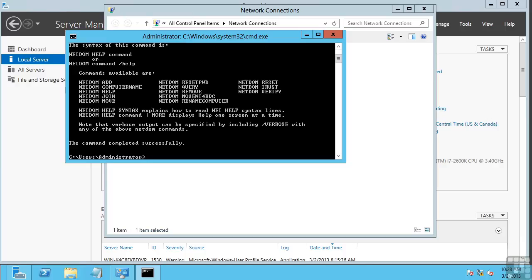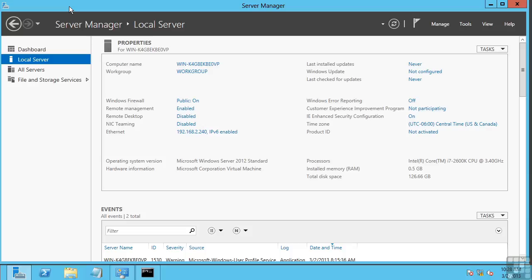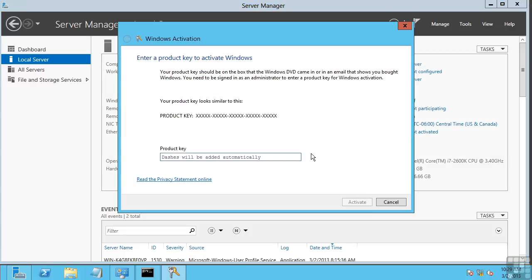Another configuration you will likely want to do on your machines is obviously activate the installation. So right now I'm showing not activated. If I click this, I'll actually be able to type in a product key, which will then allow me to activate this installation. If you have a key management server in your environment, or you're using Active Directory based activation,